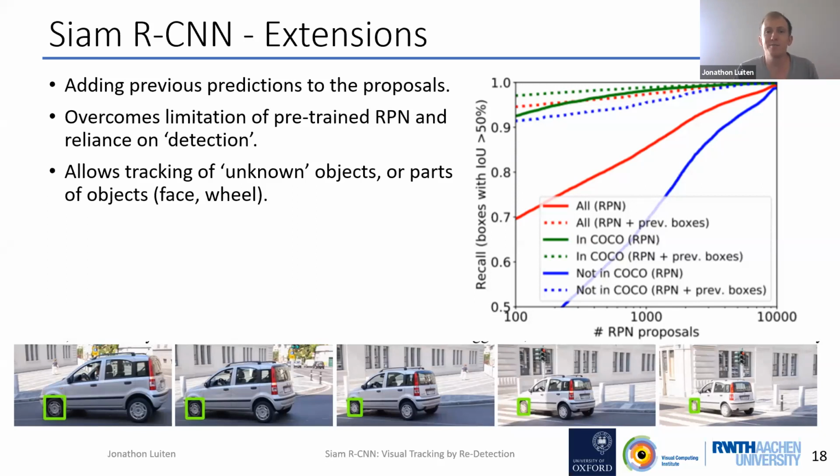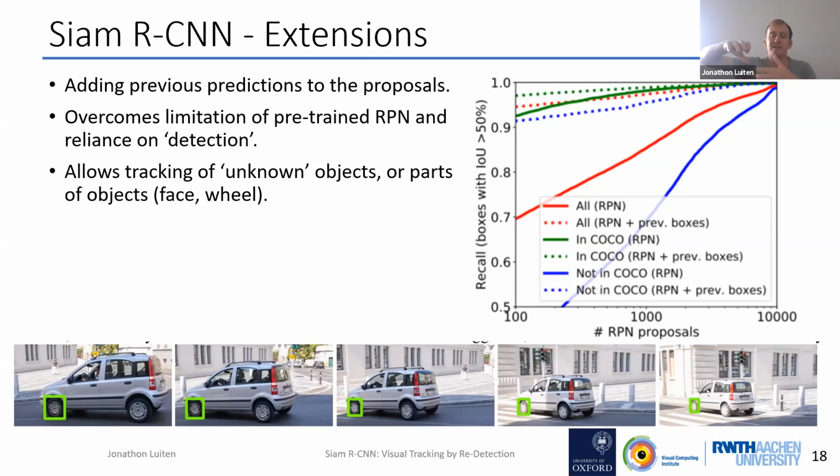So the solution to this problem was actually really easy. Basically, all we had to do was add the previous final predictions into the set of proposals, like concatenate these proposals to the proposals that came out of the RPN every time step before feeding this into our redetection head. So what this means is because you're given this first frame box in the ground truth, then in the second frame, after that first frame,